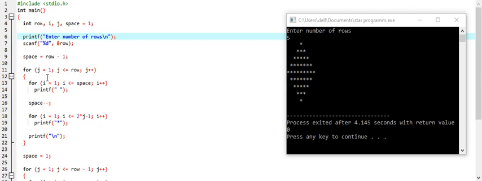In the body of this loop I have used another nested for loop, with variable i whose initial value is 1, and the condition that i is less than or equal to space, which means i is less than or equal to 4 in the present scenario, as I have written 5 in the number of rows, so space will be one digit less than rows. So if the spaces are 4, this for loop will run 4 times and print spaces 4 times. Here we can see on the output screen that 4 spaces are printed.